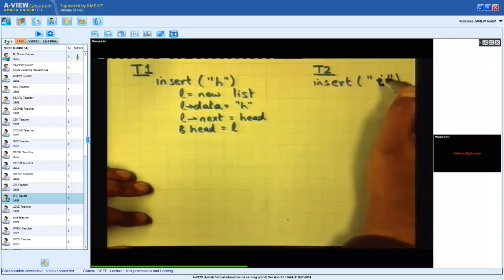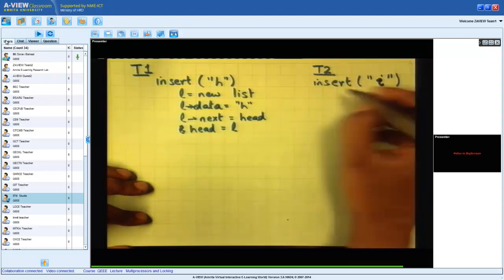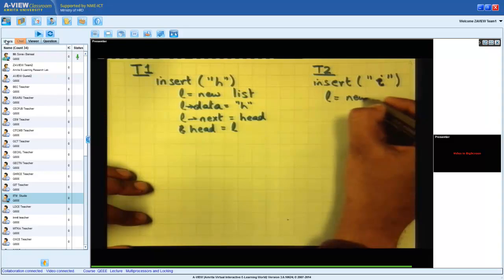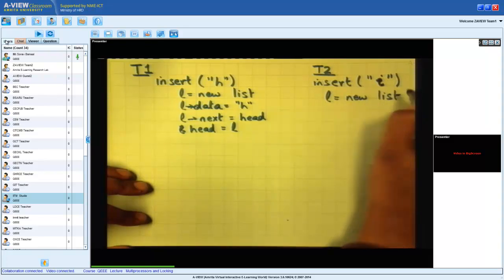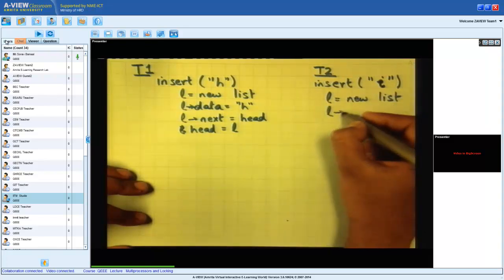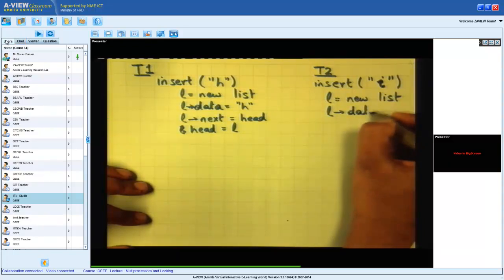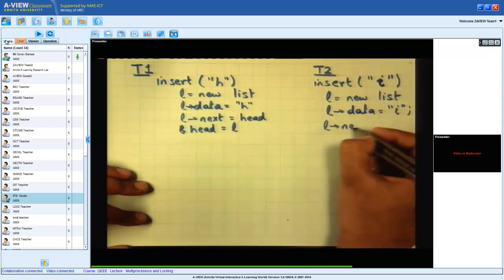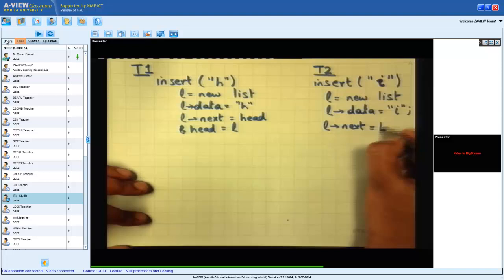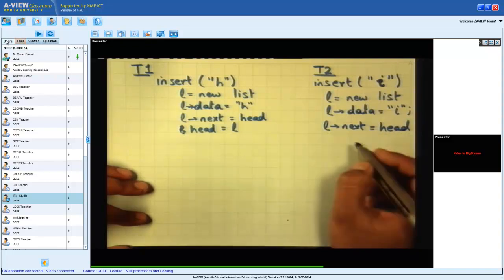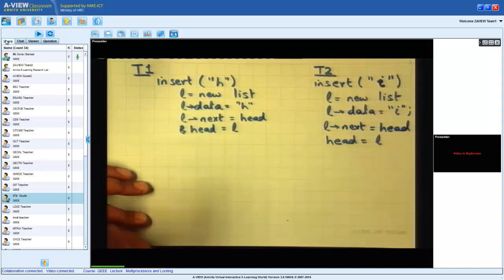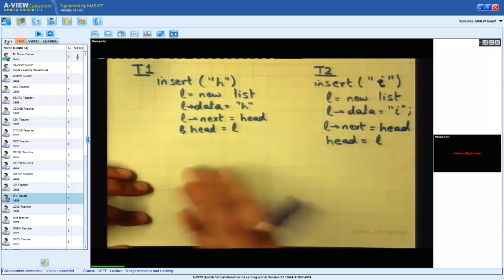So once again he's going to execute these 4 instructions. He's going to say L is equal to new list, L dot data is equal to I, L dot next is equal to head, and head is equal to L. So same code on both sides.